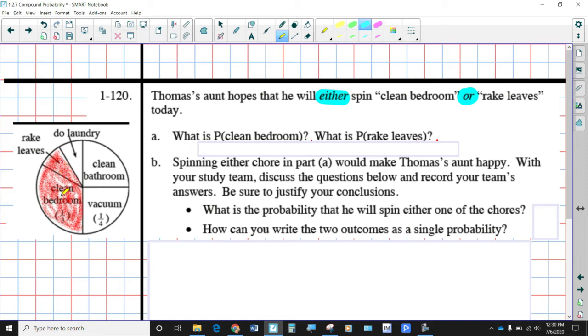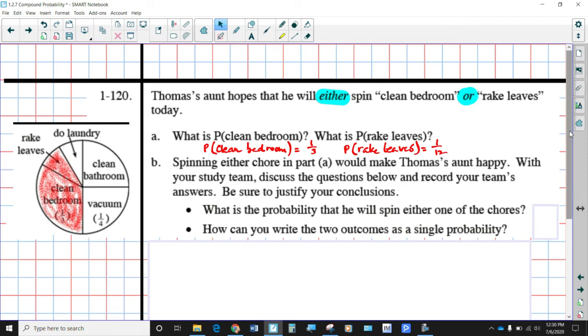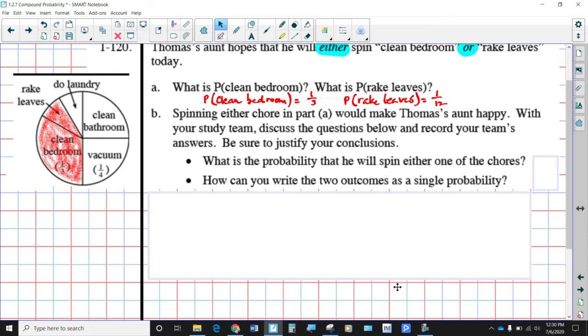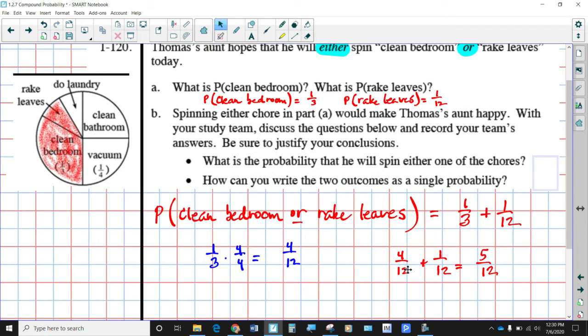So what do we do with those two fractions to figure out what is the new probability of this bigger red section? Well, so let's get to the first part first. We know that the clean bedroom is 1/3 and the rake leaves is 1/12. So what are we going to do here? What are your thoughts? Well, you've got to add them together. That's the process. When you're working with the word or,